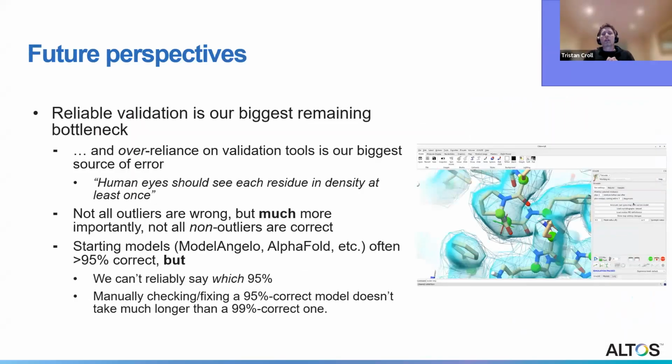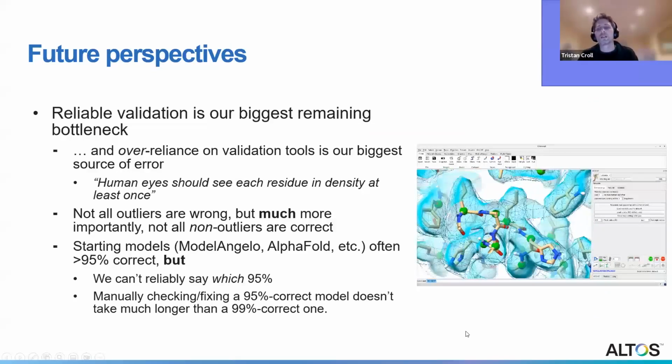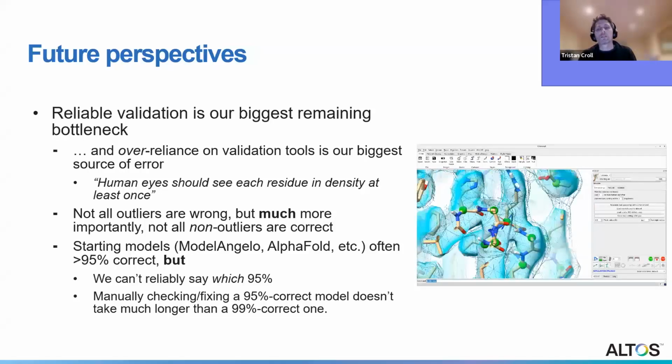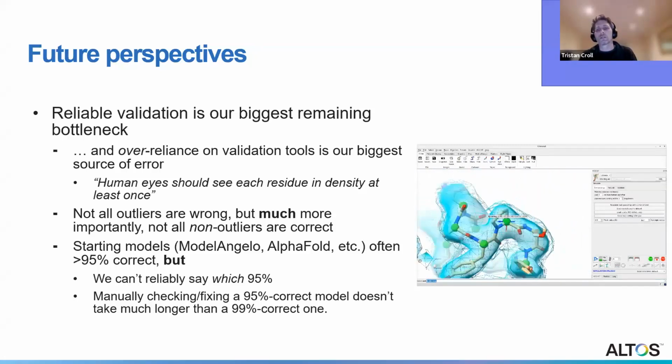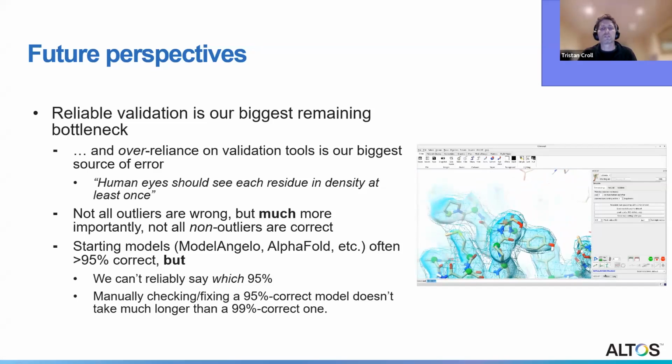But ultimately, I think our biggest bottleneck right now, and if I was going to start a new project today in computational structural biology, I personally wouldn't be going for improved automatic building right now, because I don't think that's the bottleneck anymore. We're hitting the point of diminishing returns there, because what I find more and more is that I spend so much of my time doing essentially this: scrolling end-to-end through a model past the 90 to 95% of residues that are perfectly good to find the one or two that are wrong and fix them.